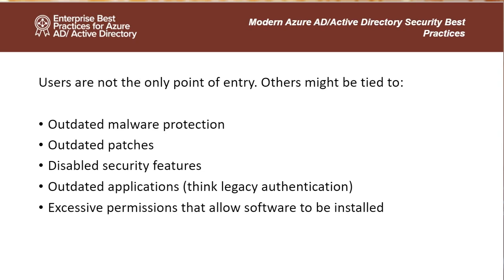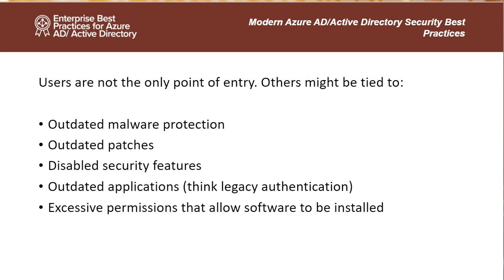Well, there are any number of ways that an attacker could potentially get in. The slide lists some of the more common ones. Outdated malware protection is a big one. New malware comes out every single day, and oftentimes a malware infestation will be designed to download some other component, and that component might allow backdoor entry into an organization,